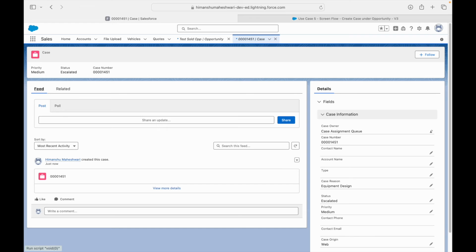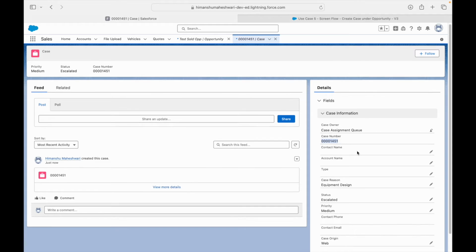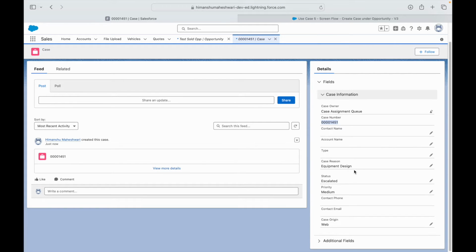And if I go to the details tab here, you'll see that it is currently assigned to the queue. It is not assigned to a specific person. The case number was automatically populated, and the very 3 fields that we set, the reason, the status, and the origin, have been set here. And the priority is always medium. It is a static setting that we have done on the flow. Correct? So we have been able to create a case and we have been able to assign it to a